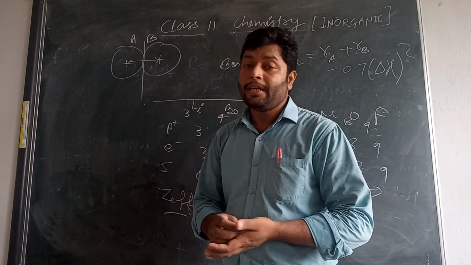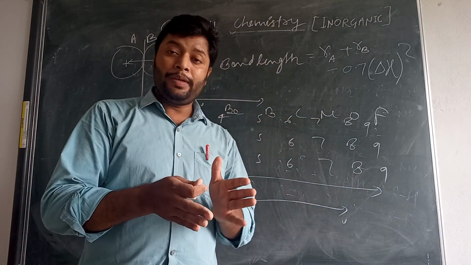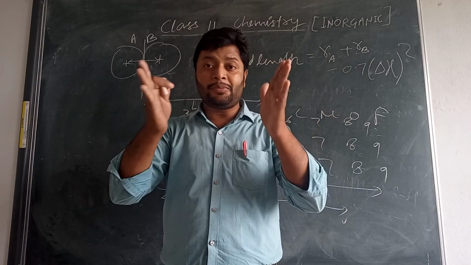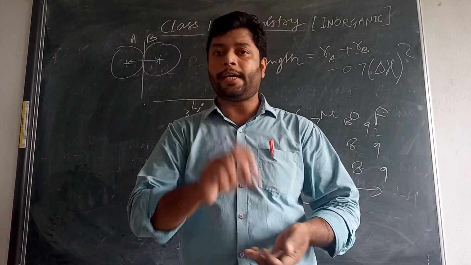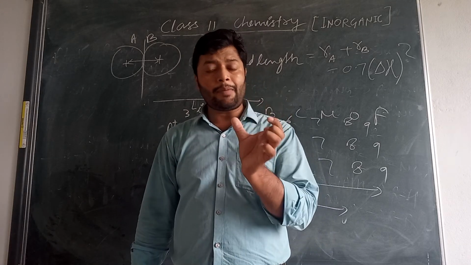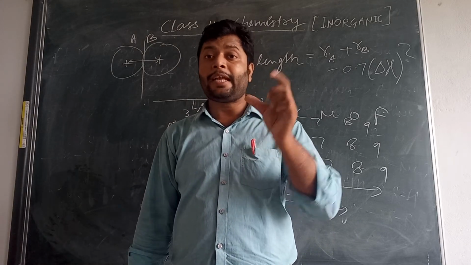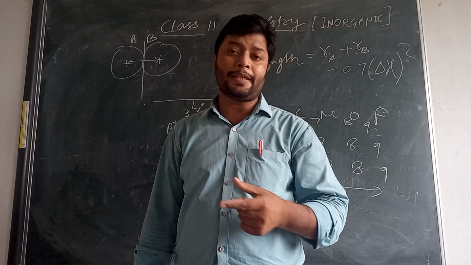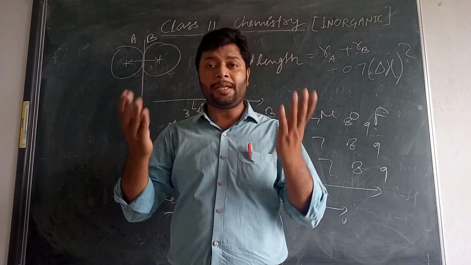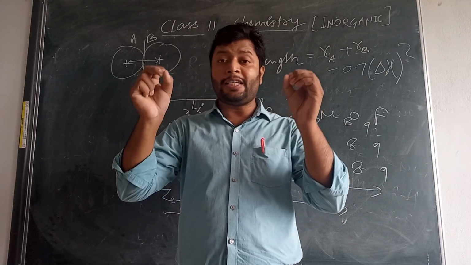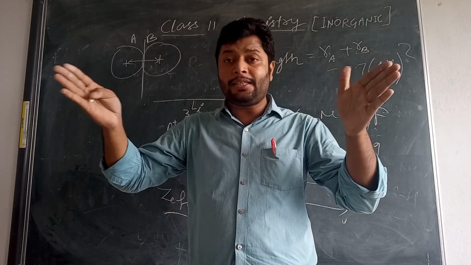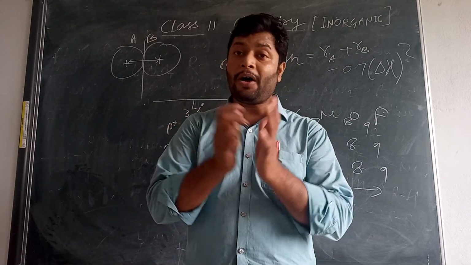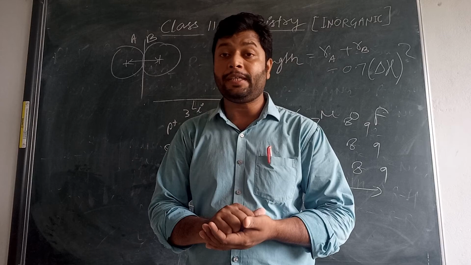So if an atom is bonded with another atom with a large difference of electronegativity, the bond length becomes shorter, which will decrease the covalent radius. So the covalent radius of any atom will be greater in a homoatomic molecule and shorter in a heteroatomic molecule, because of the charge appearing on the atoms, which creates an electrostatic force of attraction and makes the atoms come closer. That decreases the atomic size and covalent bond length.